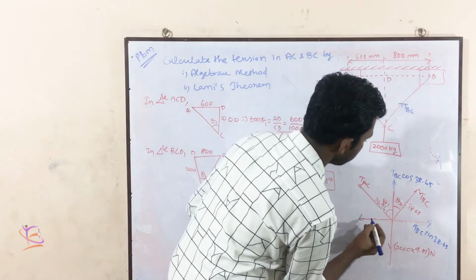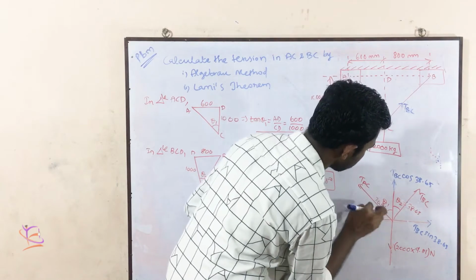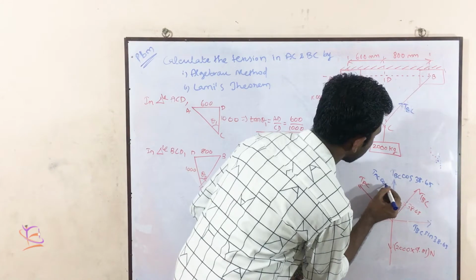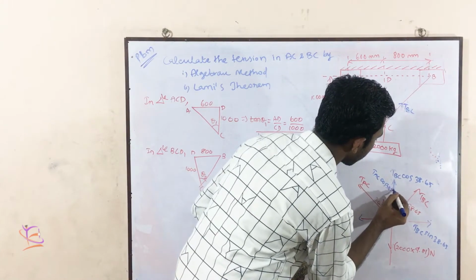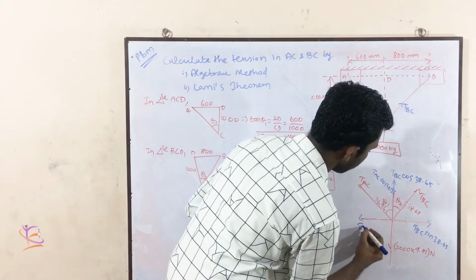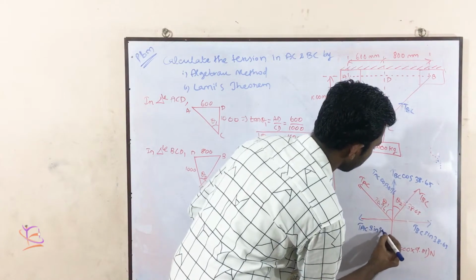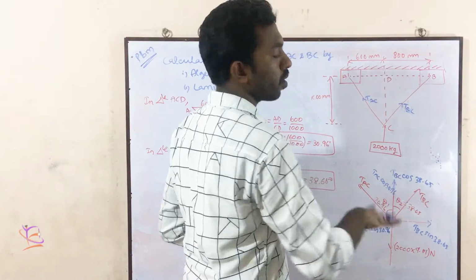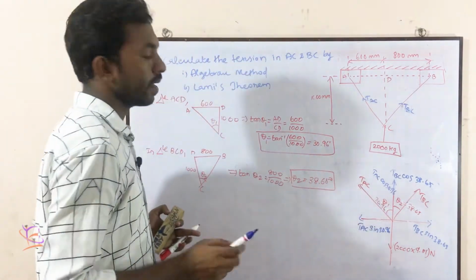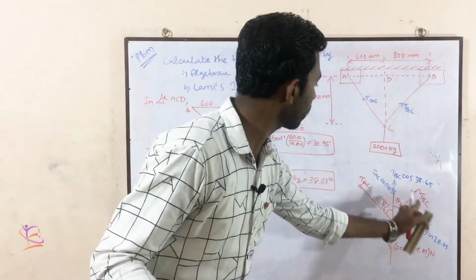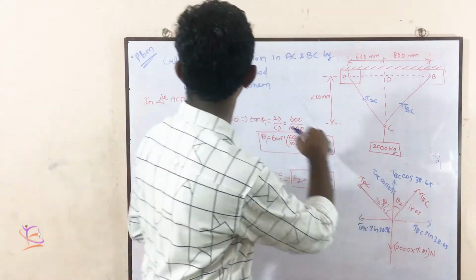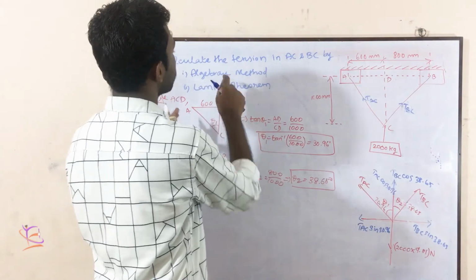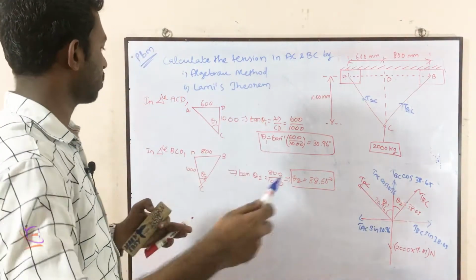Next, for TAC, this angle is given here. So this is TAC into cos 30.96, and this horizontal one will be TAC into sin 30.96. So now we have resolved all those things. Here only three forces are there. Now we made everything into the free body diagram, horizontal and vertical components. Now you can use the algebraic method, summation Fx and summation Fy.